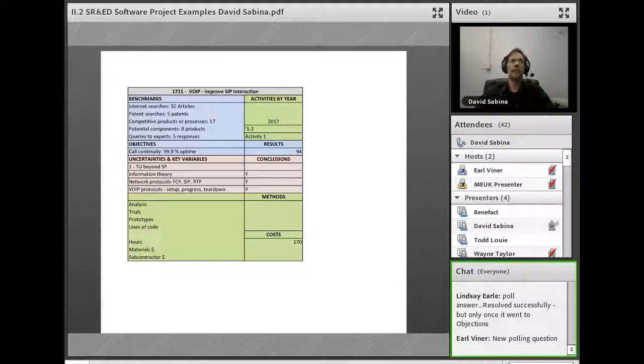Providing the technological experience of the company itself in such areas as VoIP, information theory, voice telephony, network protocol knowledge, transmission protocols, user data protocols, etc. Okay? Identifying where the current state of technology is insufficient, and having this research documented when it was done in order to establish what was done at what point in time.